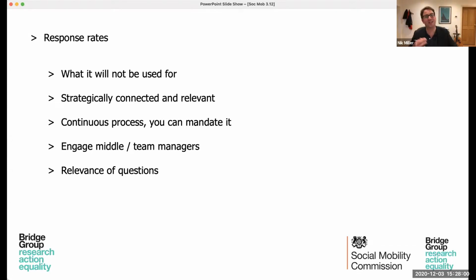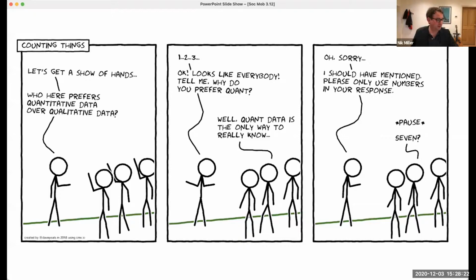And then finally, I think it should be a continuous process. It's not something that's a sort of snapshot. It needs to be continuous, and you can mandate it. So the best example of this back in the day, about 10 years ago, was probably Grant Thornton. Colleagues couldn't fill in their bonus forms without declaring this type of data. Of course, they could say, I prefer not to say, or I don't know, but they had to go through the process of considering it. And I leave you with this final slide, which just speaks to Laura's point and my opening point about, you know, the numbers are only good if they're accompanied with a really strong understanding from the qualitative data as well.